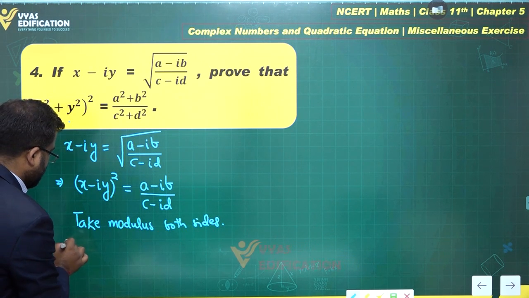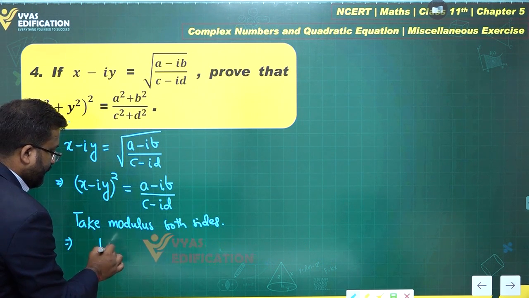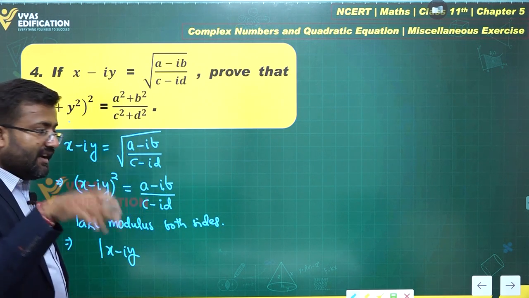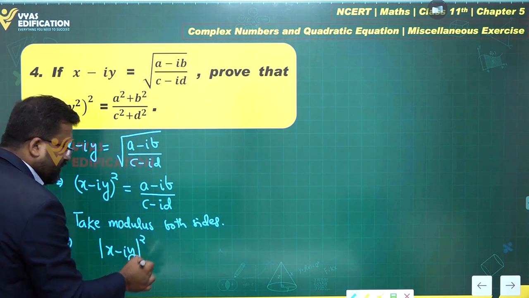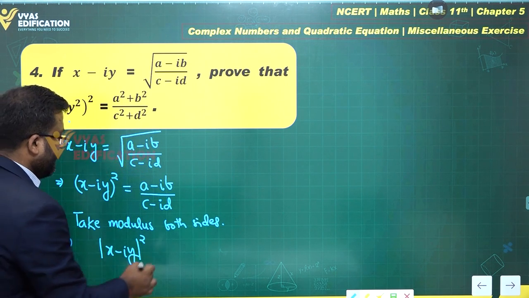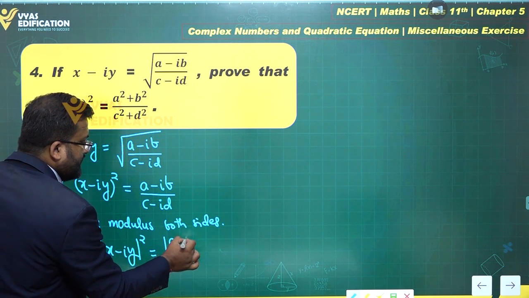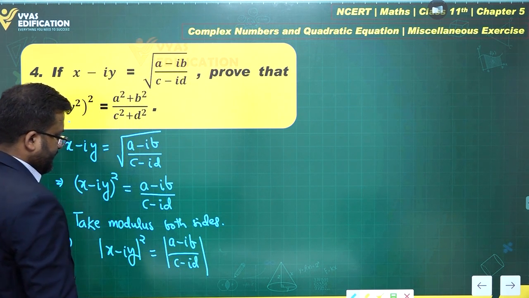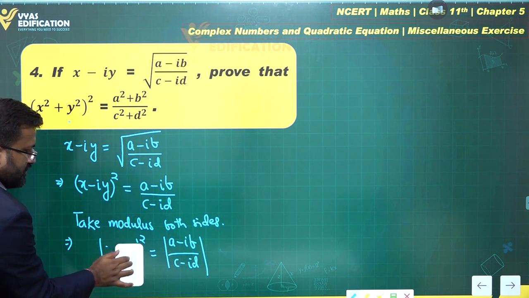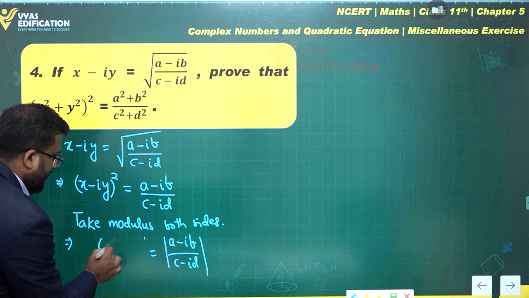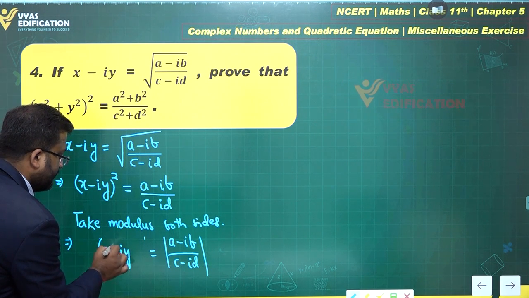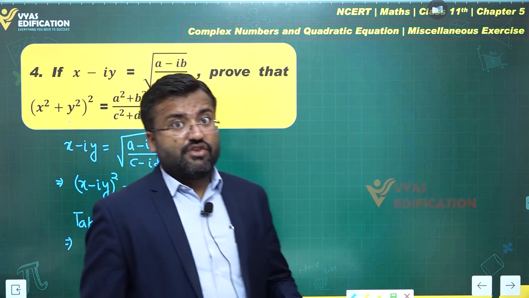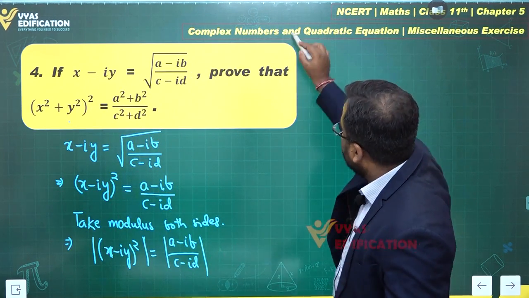And what does it give us? This gives me modulus of (x minus iy) whole square, which can be shifted outside the modulus, and this can be written as modulus of (a minus ib) upon (c minus id). Okay, so for the time being you can also write it as modulus of (x minus iy) square. Now let us apply the properties of modulus and convert this further into